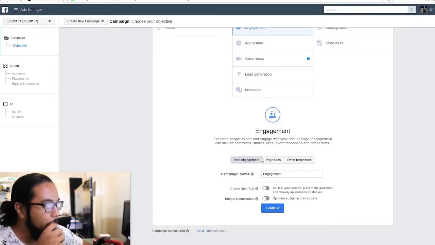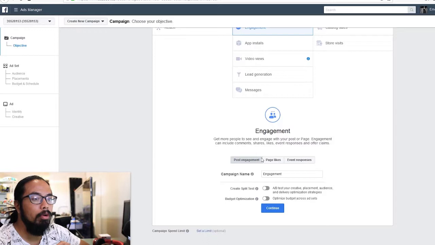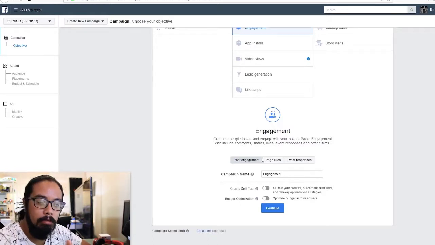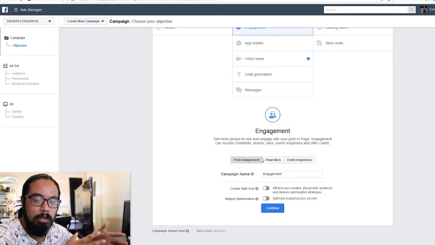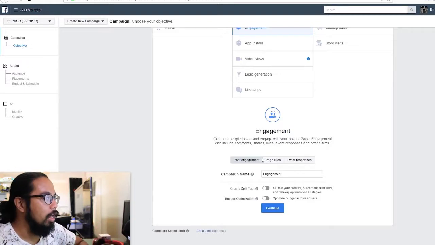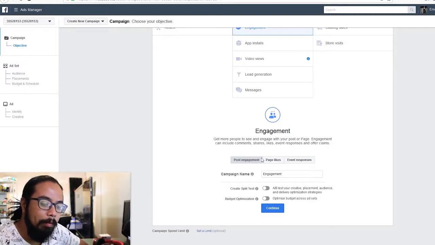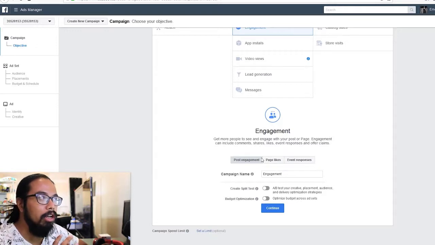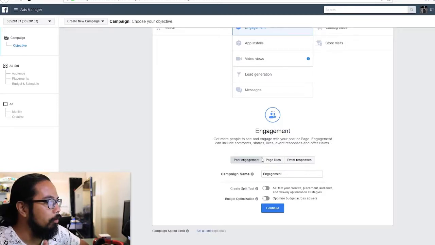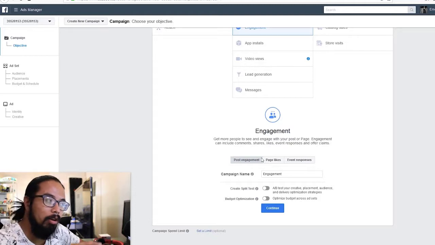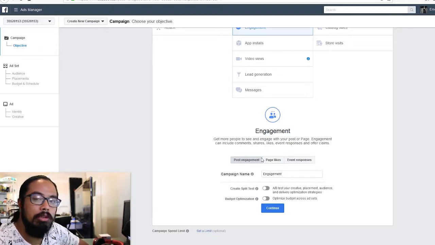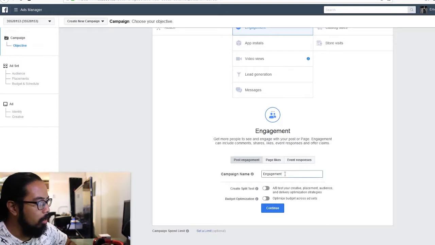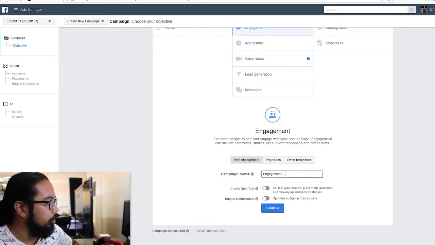So which is why I like post engagements, because they're seeing good quality content based off the results from the insights, and then they like it, they comment on it, they share it, and it shows that they're already interested. They have some sort of interest in your content, at least. From there, I'll show you guys a little later, you'll get an opportunity to invite them to like your page. So from here, I always pick post engagement.